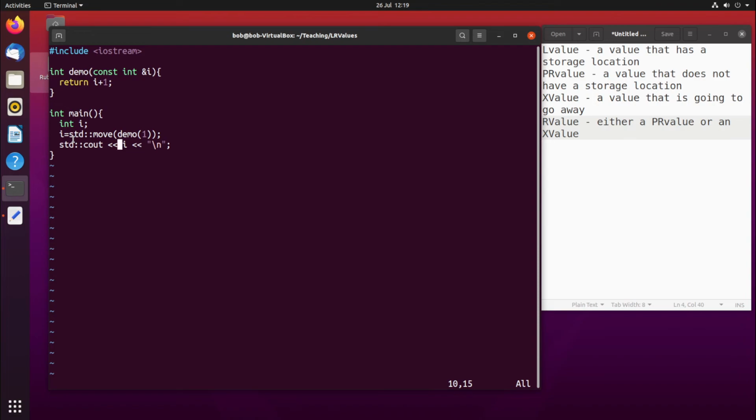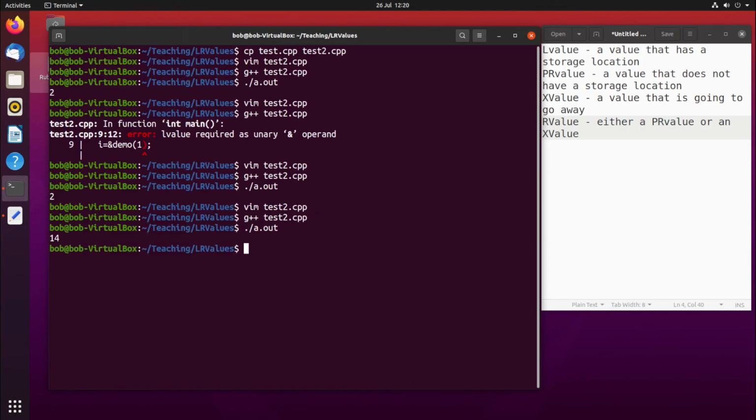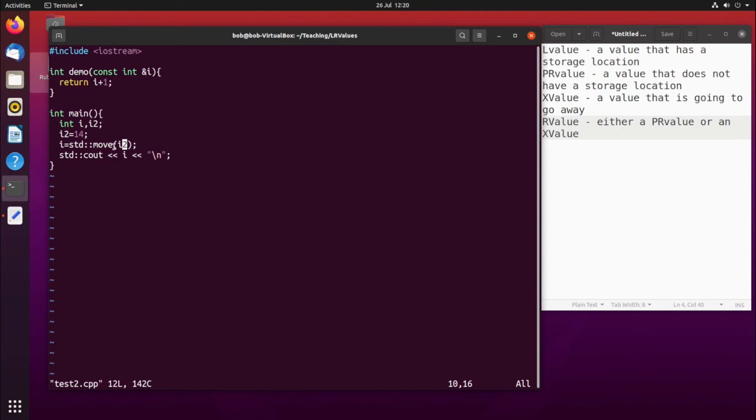It converts an L value. So if this thing here on the right was actually a valid storage location, so, if I, for example, here create I2, I'll do I2 is 14, and I get rid of this demo 1, that works. And it has moved the value from I2 to I. And it does that by moving I2, which is initially an L value, it has a perfectly valid storage location, and making it an X value. It is about to expire,